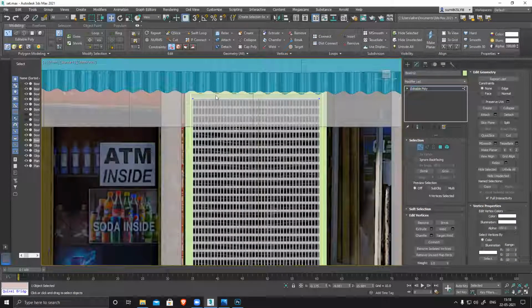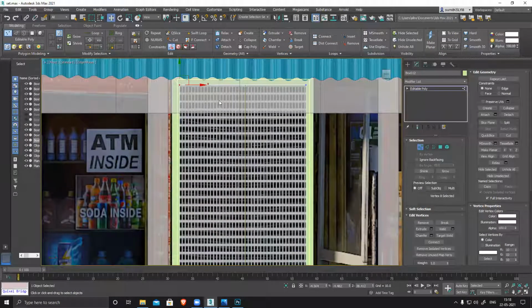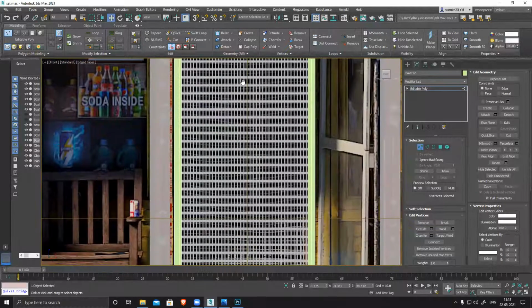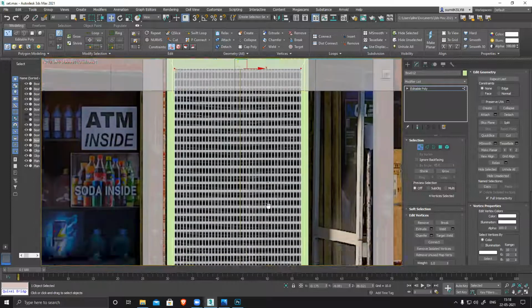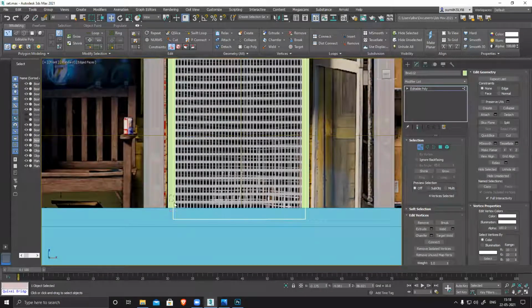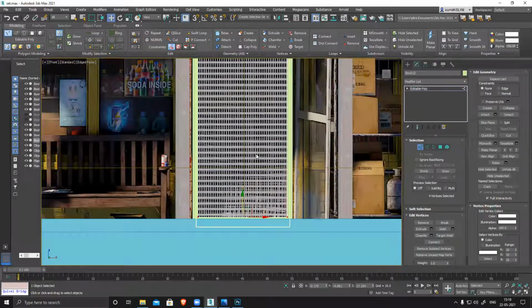vertex mode. All right. Select them. Push it slightly down, make it a bit thicker. Done. Now the center and that connection I also need.